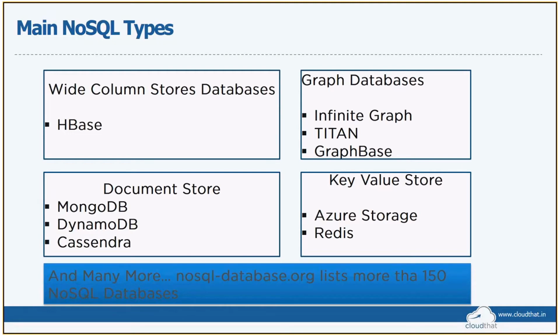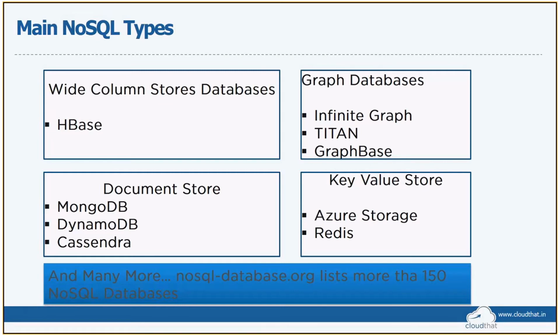Document stores are quite famous at the moment. They are the ones trying to get into the relational space where relational databases have done a good job. Document stores would be a good replacement in case you are looking for a solution to replace your relational database. Graph databases, on the other hand, are very highly relational, with a lot of relationships, even more than relational databases, and are very good for analytical purposes. Even wide column stores store information on a column basis, which is very good for analytics.